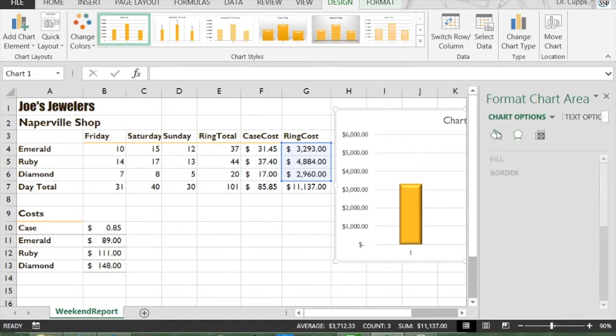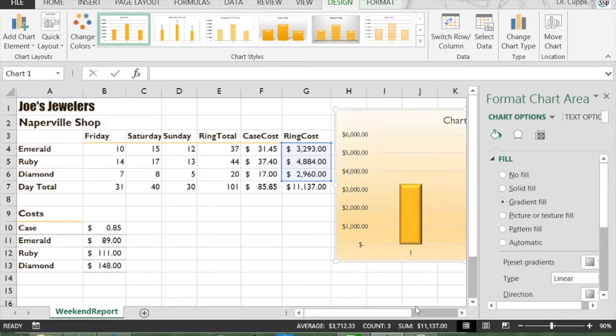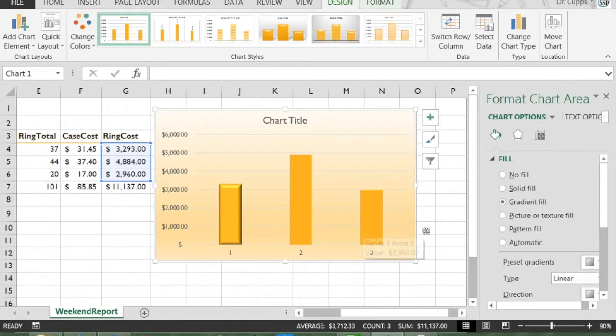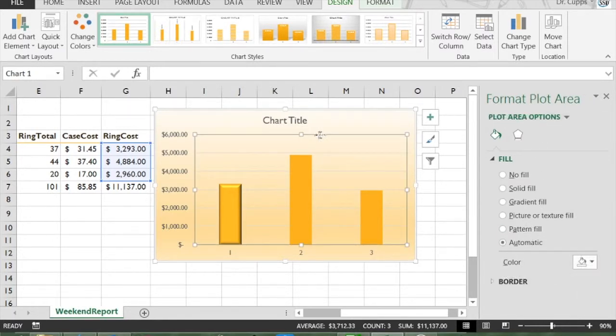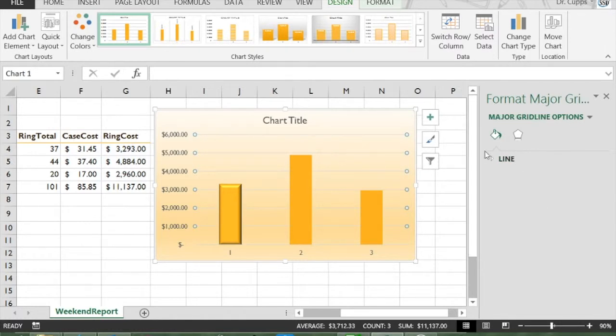So when I change something in the chart area, it's going to change everything back there. Like if I pick a gradient, which means changing from one color to another, it's going to change from one color to another, just like that. Anyway, here's how you format the different parts. These are called grid lines back here. Grid lines are, well, the part behind there that comes out from the axis,